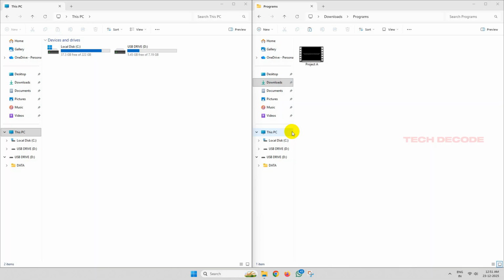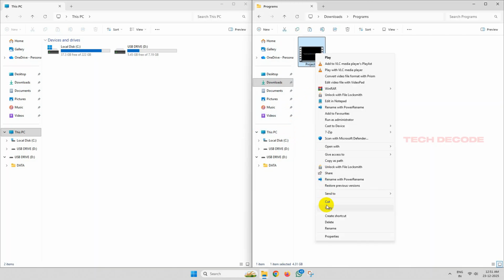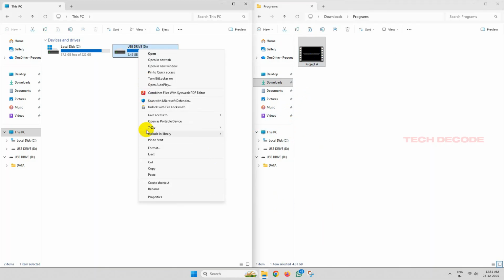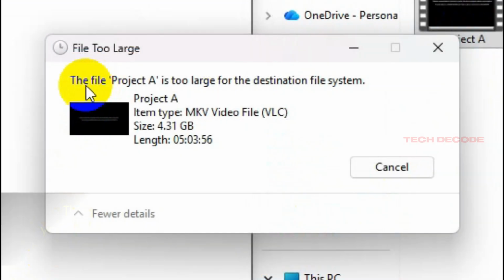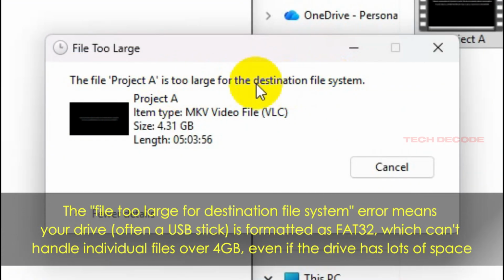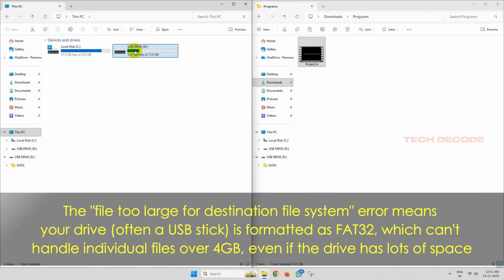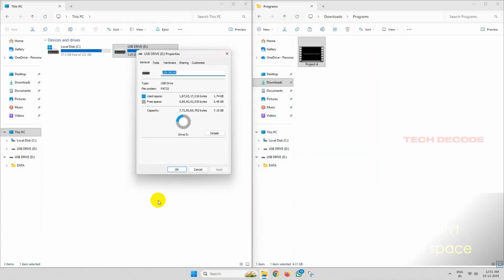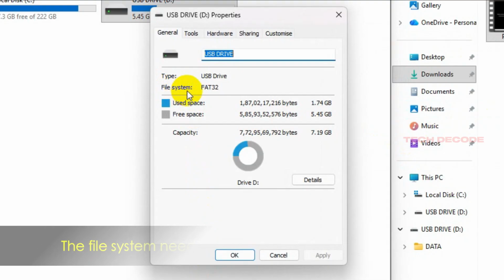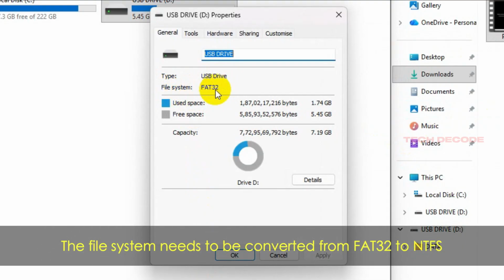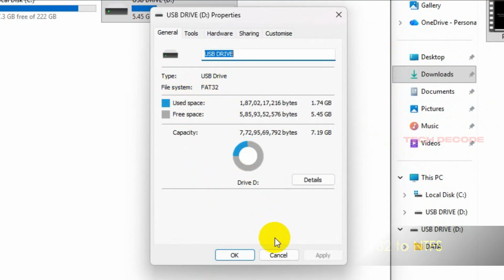Hi everyone, trying to send files to your USB drive and you get the error: the file is too large for the destination file system. This usually happens when you want to send files that are over 4 GB in size and the drive is formatted to FAT32. So in this video I'll show you how you can convert the file system to NTFS without